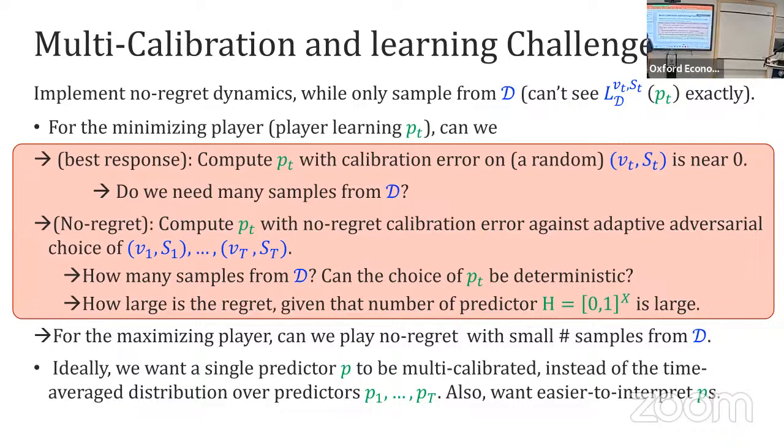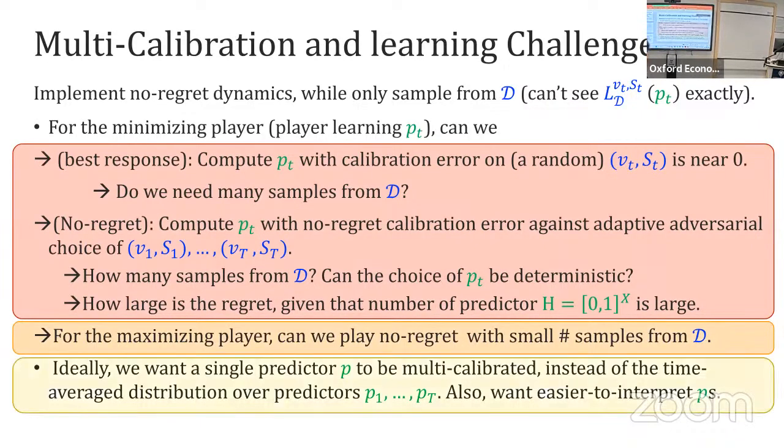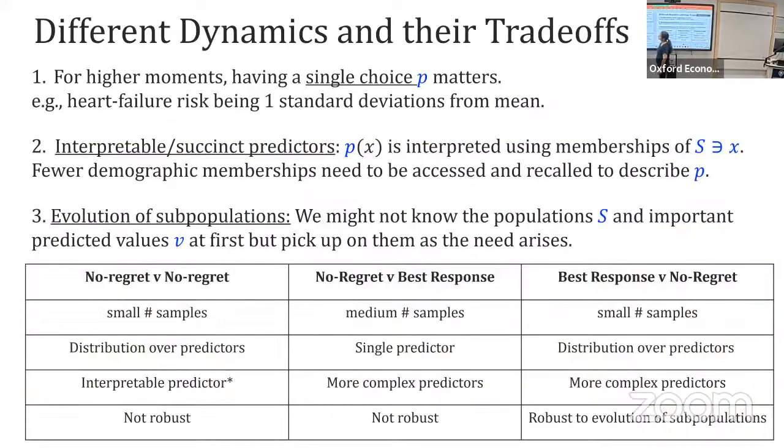So this is the type of challenge I will briefly talk about. This I will ignore, this I will highlight. So there are different dynamics, as I was talking to you about. And what I want you to understand is that they actually have different trade-offs, to the degree that each one of them might be relevant for one type of application. So really, it's important to understand these dynamics and the needs that you have before you choose how you want